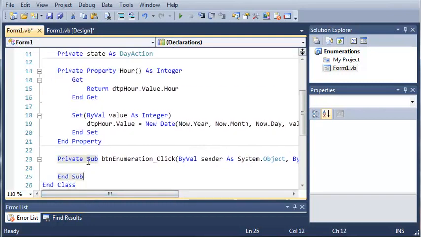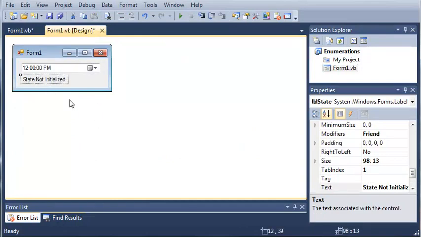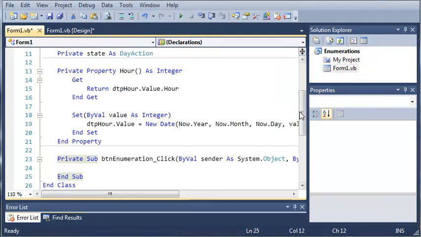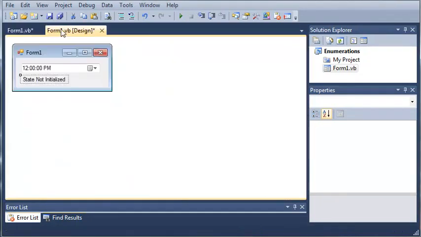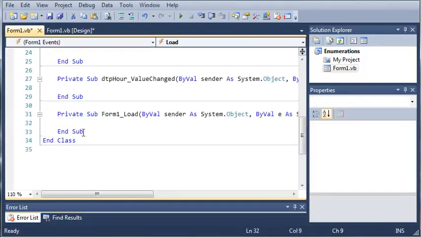So now what we want to do is change this text label based on what the person is doing. Before we get started doing that, we need to create two events. Double click on your form 1 and double click on DTP hour. So we're going to get private sub DTP hour value changed, and we're going to get form 1 load. When the form 1 loads, we want to set our date time picker to the current time that the program is running. So what we'll do is we'll just go ahead and type